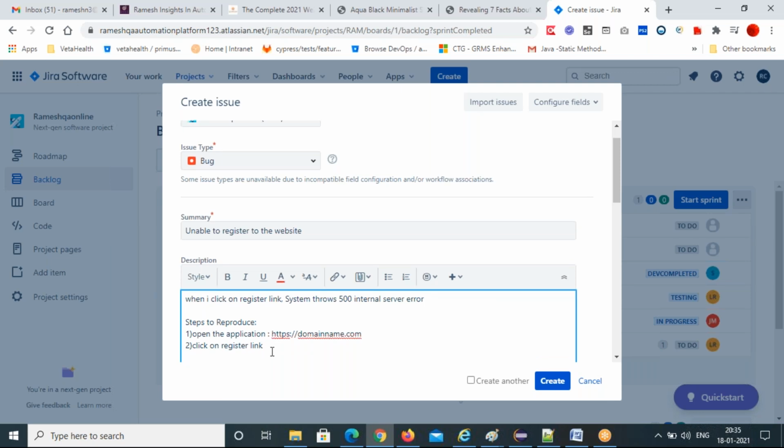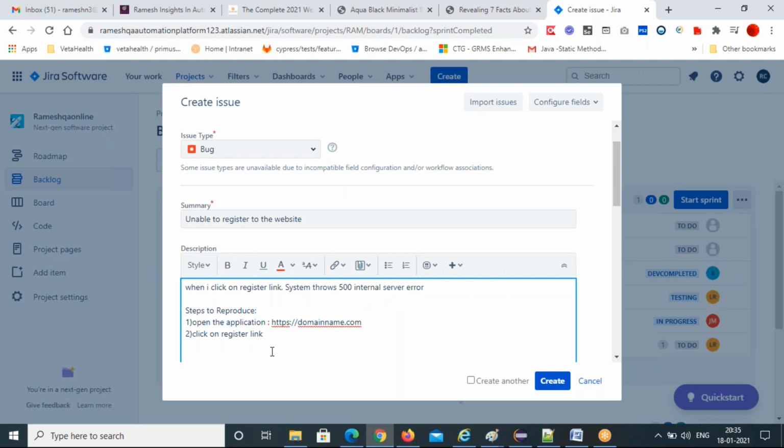So it is broken. So immediately you can write the actual result. This actual result you will get in the test case, right? While testing itself, you got this issue. Then in the same test case document, the steps you are writing here. And the actual result. What is the actual result?